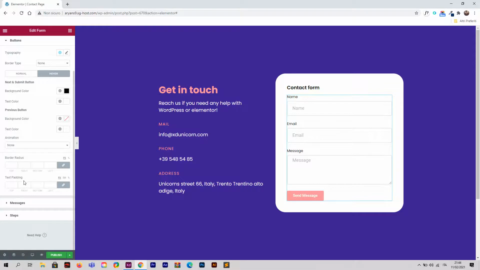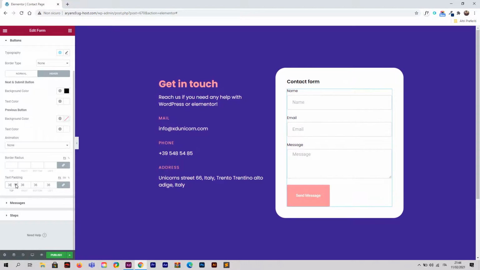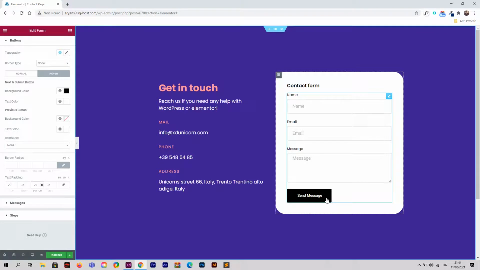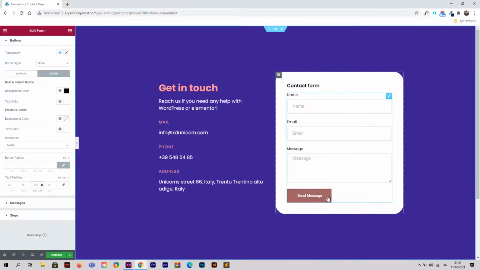So I'm going to click on the arrow. As you can see, while I'm clicking, it's giving some text padding. So don't exaggerate with that, otherwise you get this result. We are going to unlock the values, and I'm going to try to add like 20 to the top and 20 to the bottom. Great. So now we have something more similar to the design, and we have the borders that need to be,